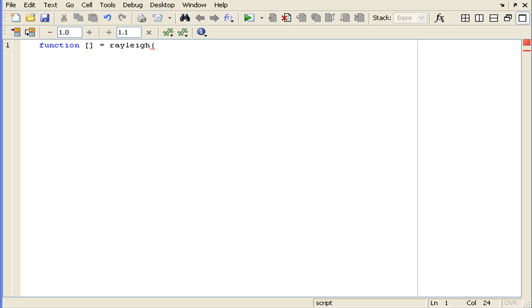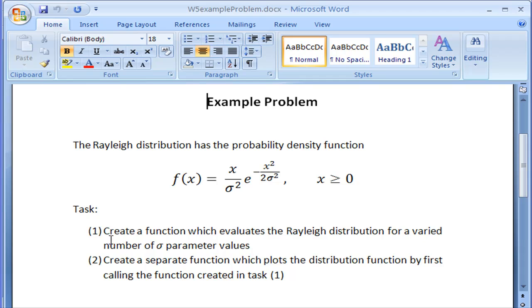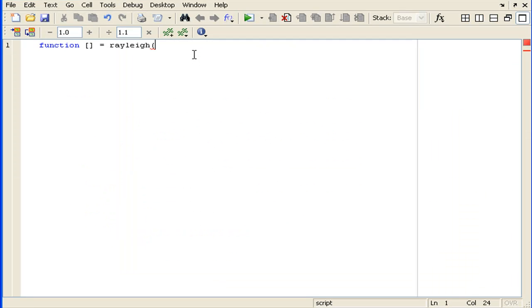For inputs, if we go back and have a look at the problem itself, it says we're creating a function which evaluates the Rayleigh distribution for a varied number of sigma parameter values. Okay, so it should be obvious that this sigma parameter value here will be our input to this function. So let's make an input to this function and let's call it sigma. Okay, we'll give it a quick description. We'll say Rayleigh calculates the Rayleigh probability density function,